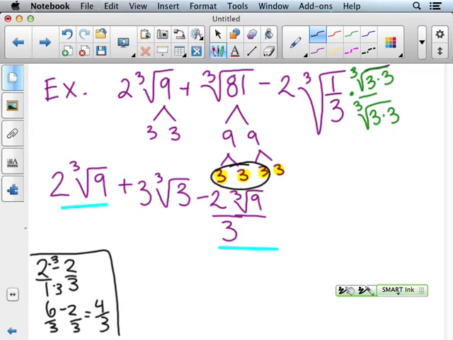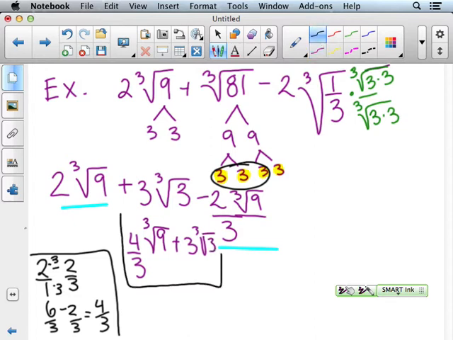So that means my first and my last term combined together to be 4 thirds cube root 9. Good. And then plus the middle term, 3 cube root 3. And this is your final answer. That was a hard one. Okay. The next one,